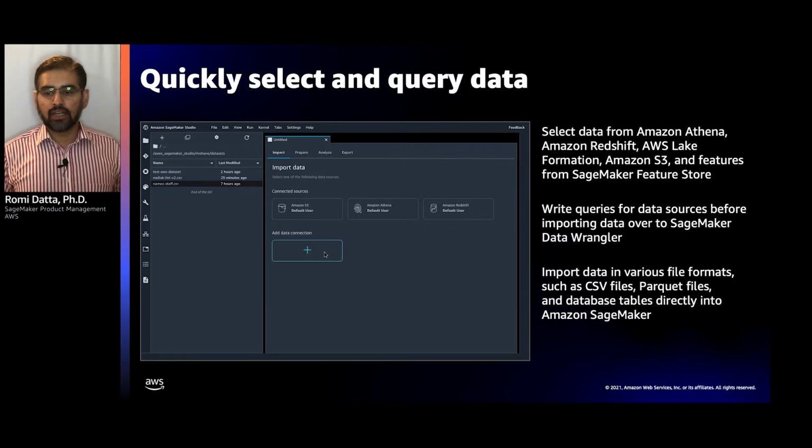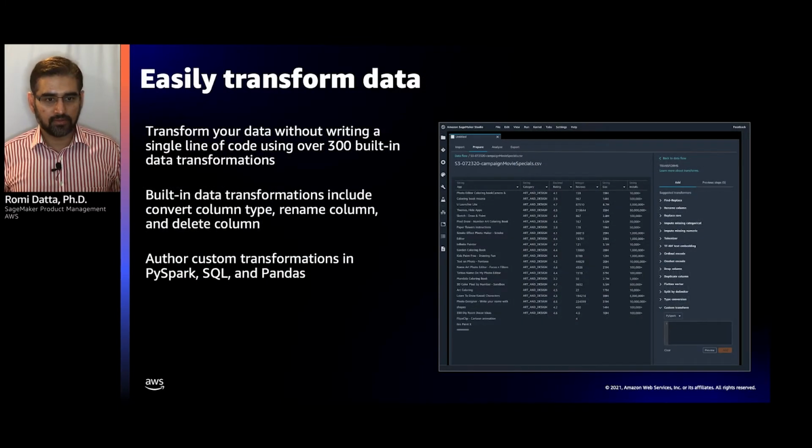We can import data in various file formats such as CSV or Parquet files. Once you've imported the data, you can easily transform it using over 300 built-in data transformations of Data Wrangler, or you could author your own custom transformations in PySpark, SQL, and Pandas.